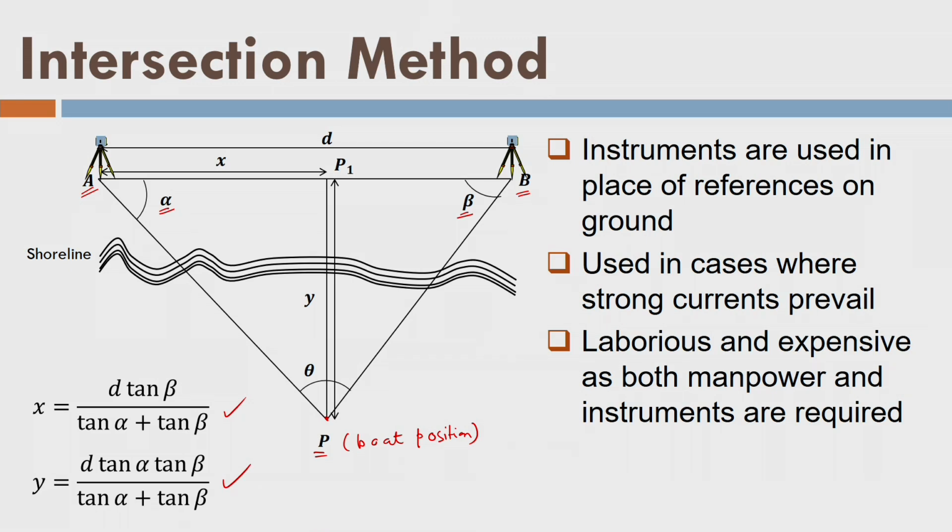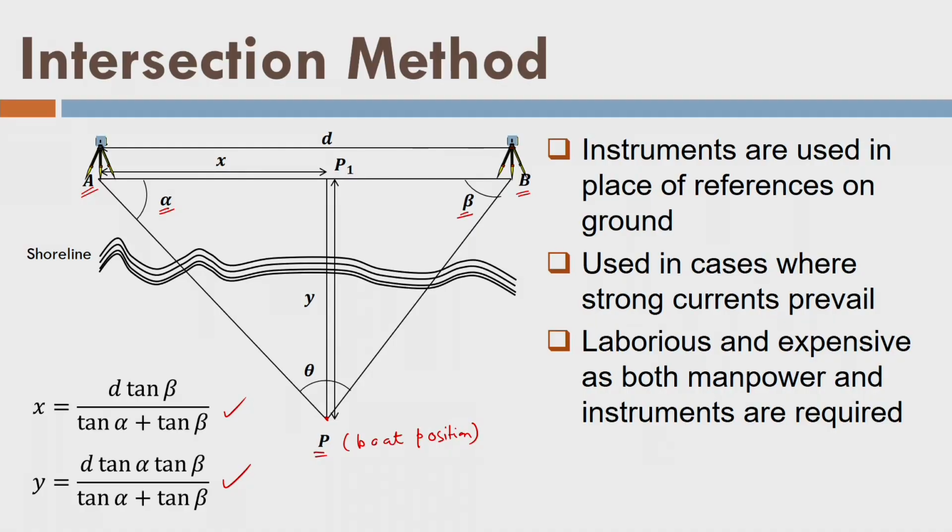Now you can see how accurate this method is, because we have very high control at point A and point B, using an instrument like a theodolite or total station, and we are measuring angles which are not affected by any vibration of the boat, or which are completely independent. Moreover, we also measure the angle theta at the boat, and remember that theta is measured to ensure that triangle A, B and P is a well conditioned triangle. Later on, if we find that theta is less than 30 degrees, we will reject that particular observation. So you got the idea now?